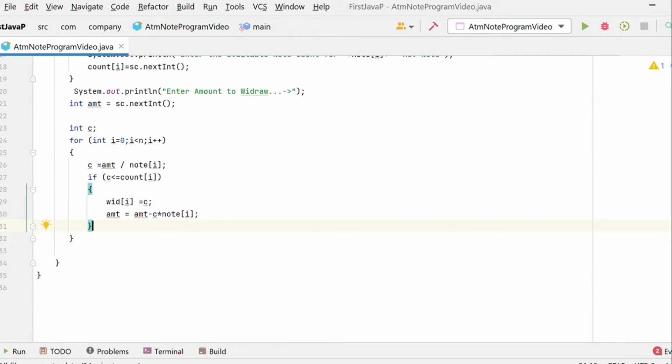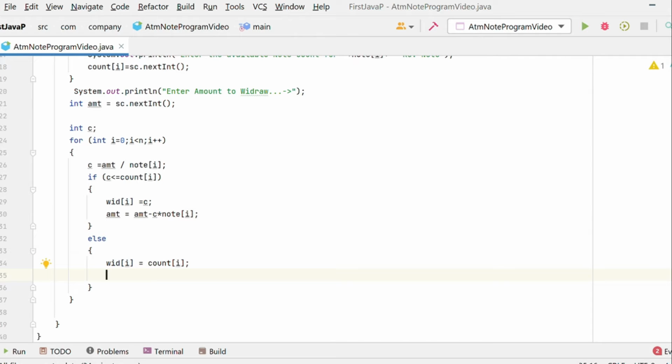Else, if c is greater than count of i, then what happens? We are storing withdraw of i equal to count of i.